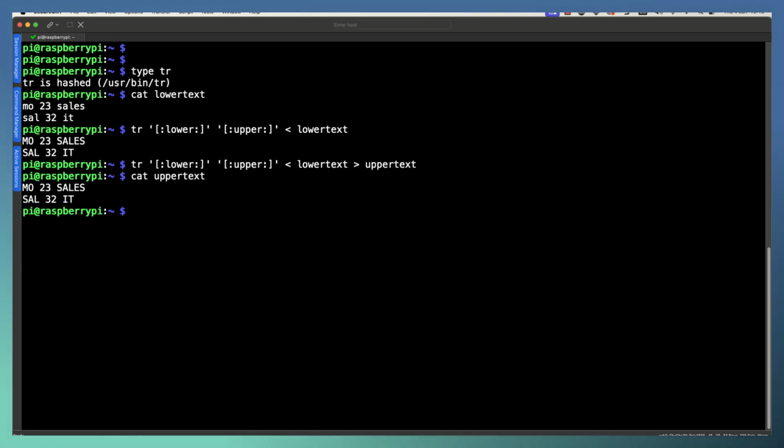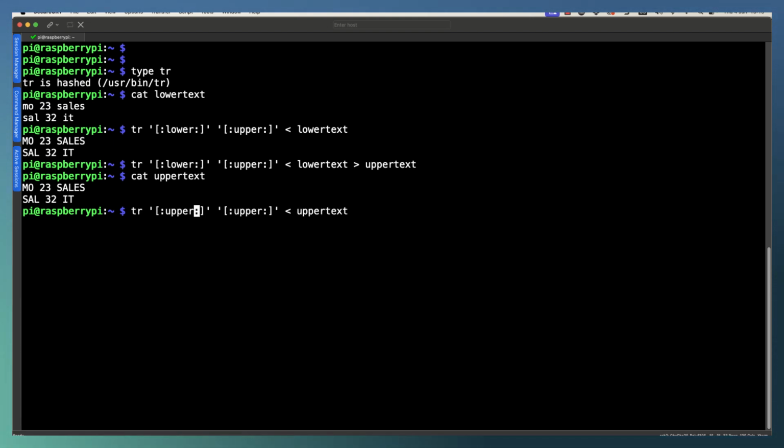Now, this is okay, and we can also look at converting it the other way round. This is going to be easy, isn't it? We know how to do it, but the practice is going to be of value. So if we read in from our upper text file, don't forget we have to swap the upper and lower round now.